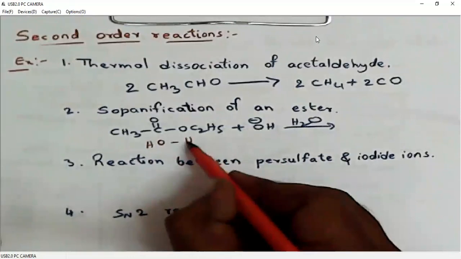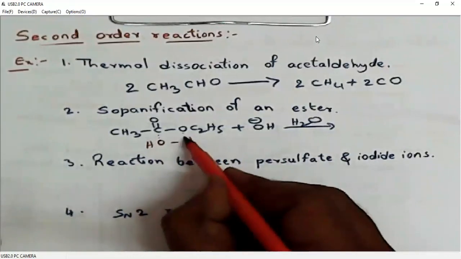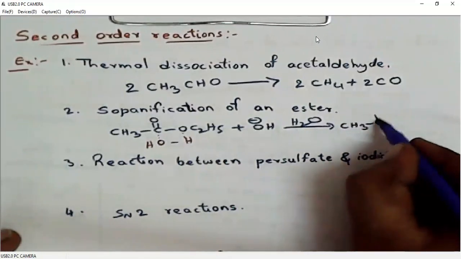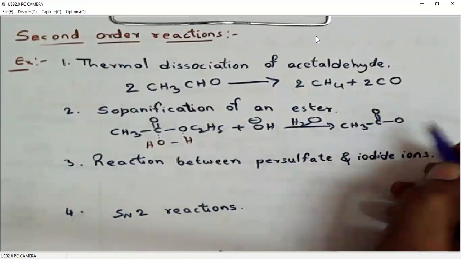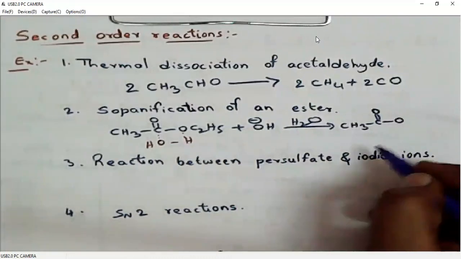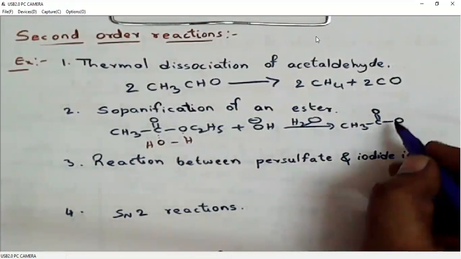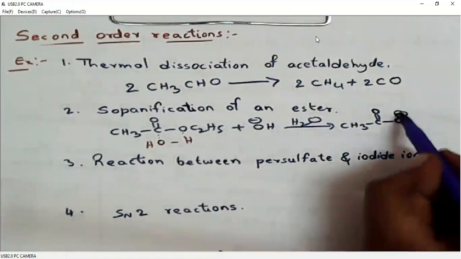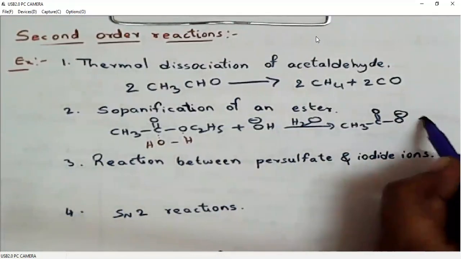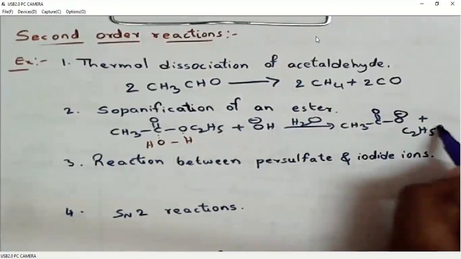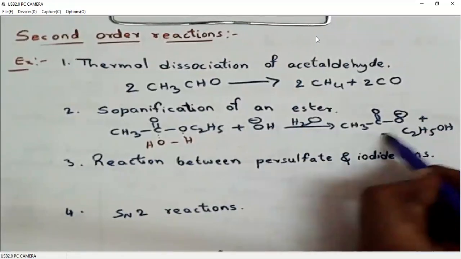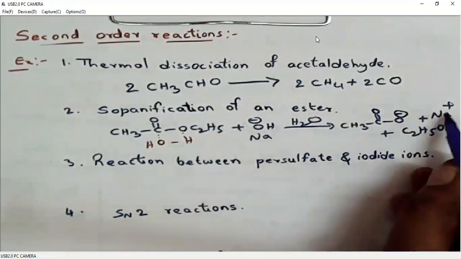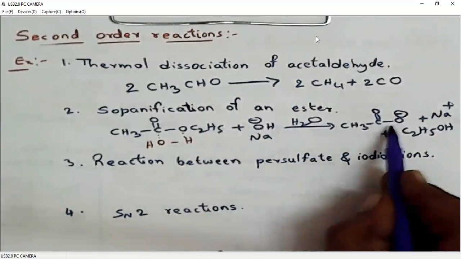When we do basic hydrolysis, again it is the same thing. Water will add across this ester bond. We will get the product CH3COOH, but carboxylic acid is a strong acid. It easily releases H plus, and we are adding base, so it is always like this, plus C2H5OH. The counter ion is Na plus. If we use NaOH, the product will be sodium acetate.